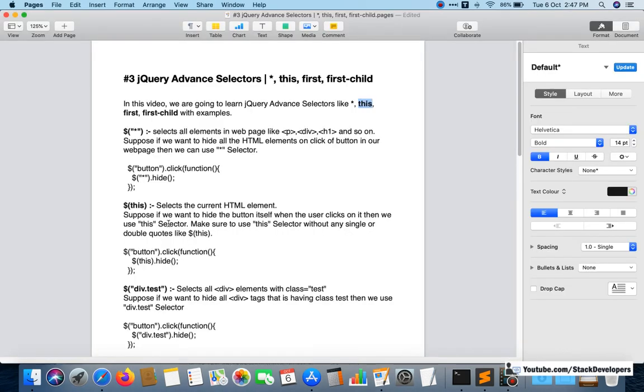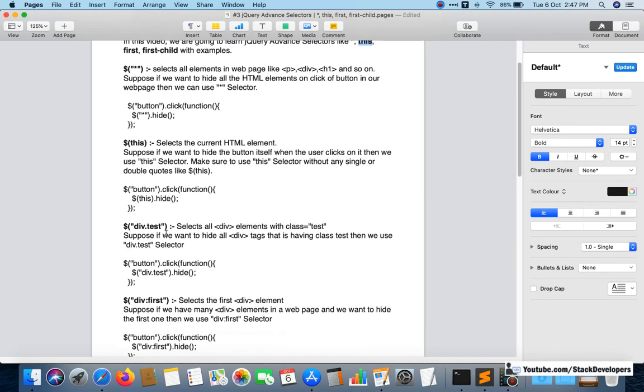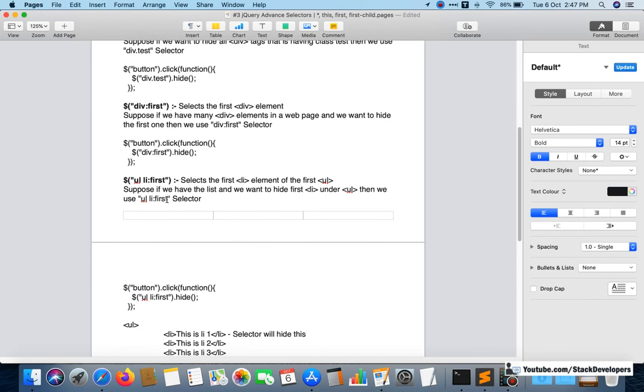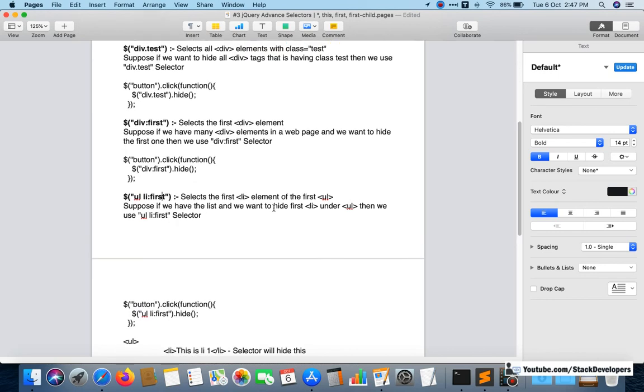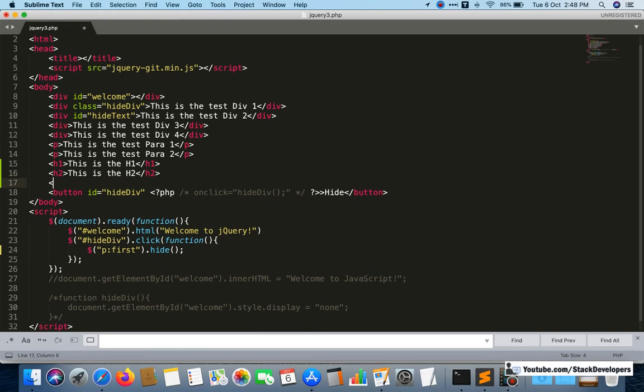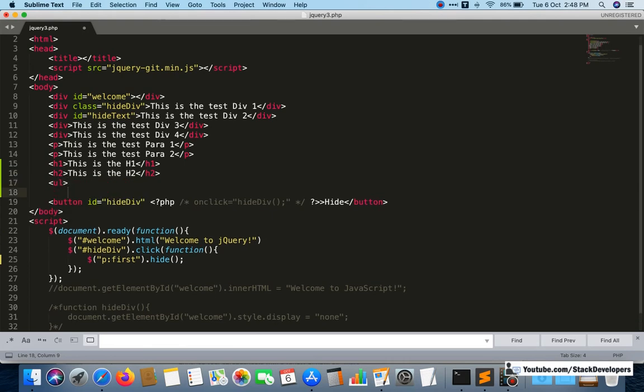Now see, one more thing is left here, so let me complete this one first. There is more to the first option, so I will tell you. Suppose we are having a list here. So one list I am going to add here, a ul kind of list, ul and li. This is the list 1.